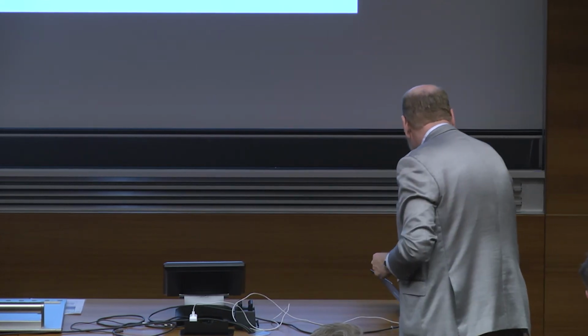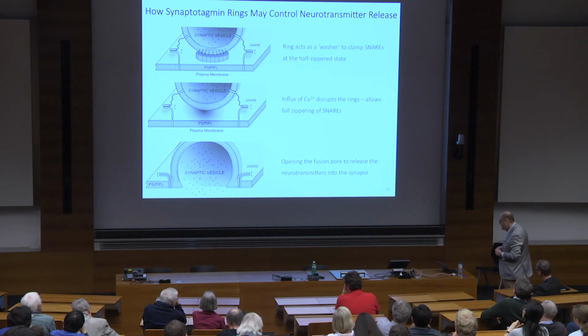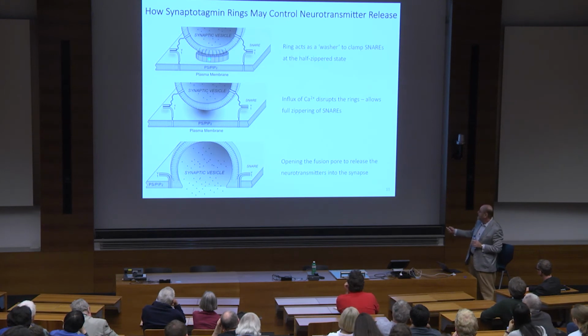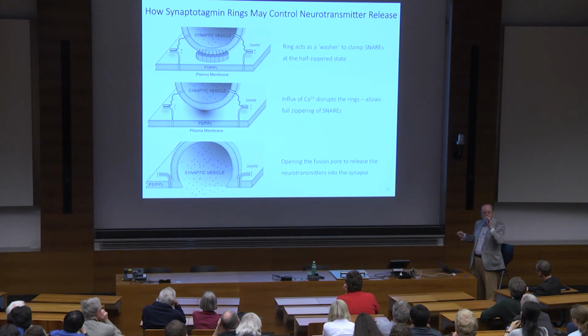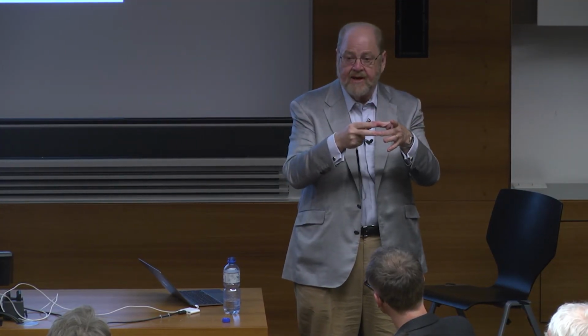If you cripple the ring by putting in one or more bad subunits, it will lose its integrity and will likely be less of a barrier to the assembly of these snare complexes. Now, what would you predict would happen then if you had no rings or if you had unstable rings? You would expect that the rate of spontaneous release of neurotransmitters should go up, right? Because we're fundamentally proposing that the ring acts as a clamp, okay? Is that really true?